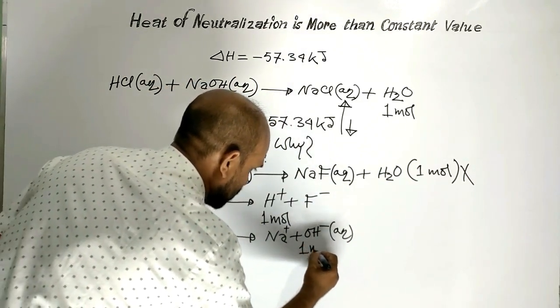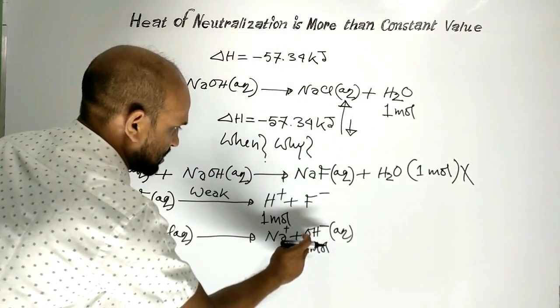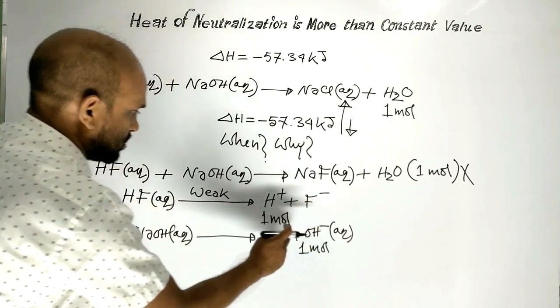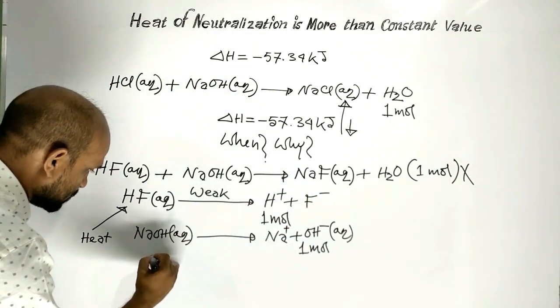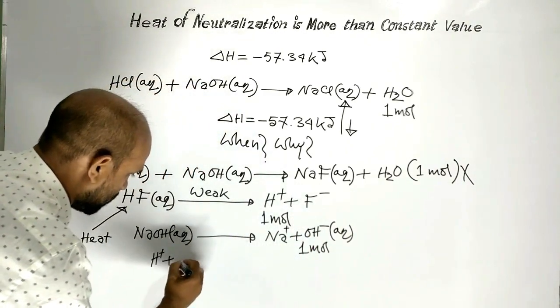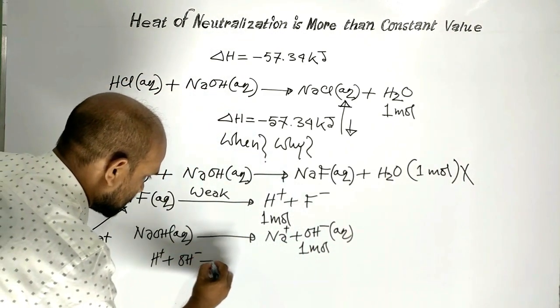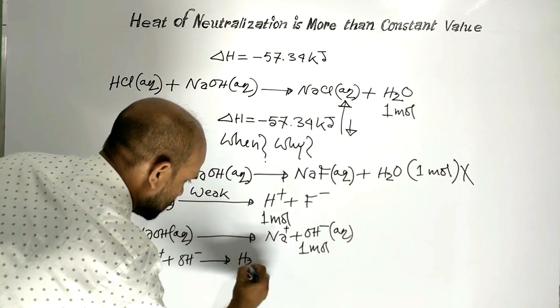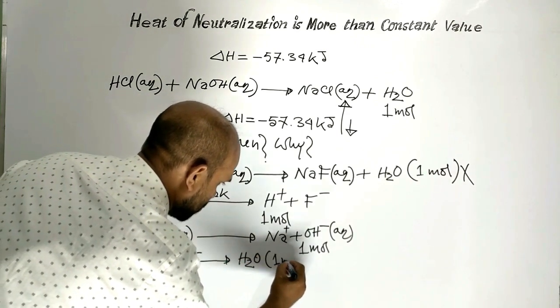Here, 1 mole hydroxide ion. Now 1 mole of protons combine with 1 mole of hydroxide ion to form 1 mole of water,